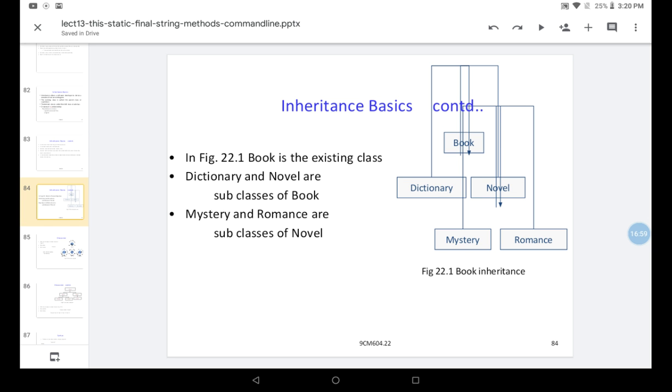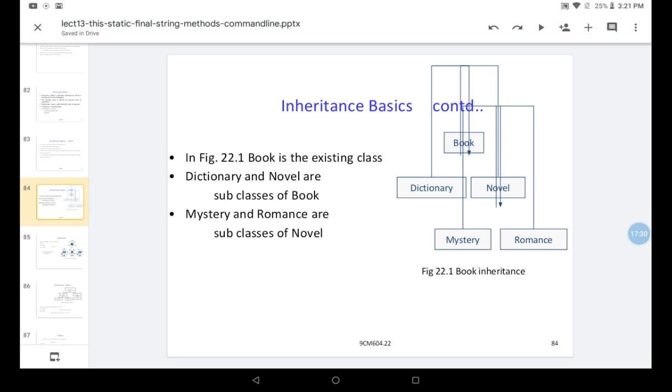In novel there are two types, maybe three, or so many types of novels, like mystery novels, romance novels, or scientific novels, about science. Like that the hierarchy goes on.